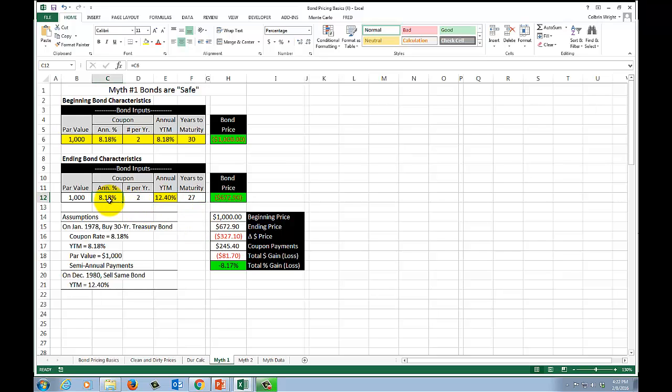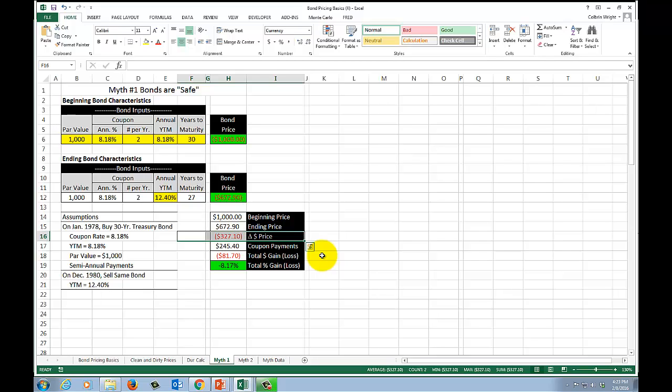The coupon rate doesn't change, the par value doesn't change, but the yield to maturity has spiked as a result of inflation. The price of the bond has dropped to $672.90. We knew there would be a big price swing. The interest rate risk was high. The duration was long because of the long time to maturity. So that's a drop in price of